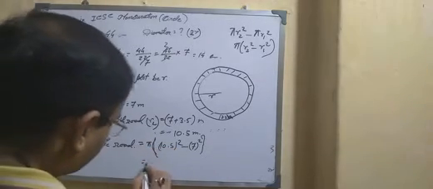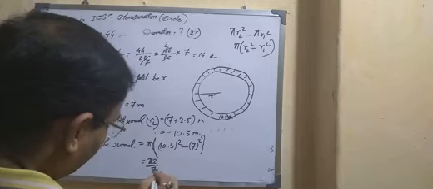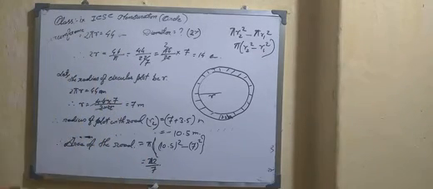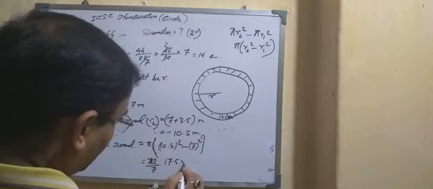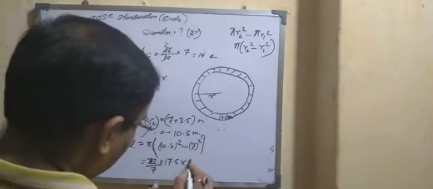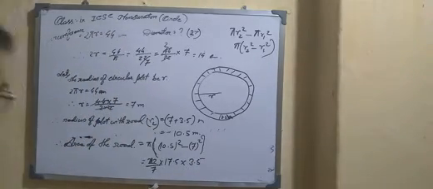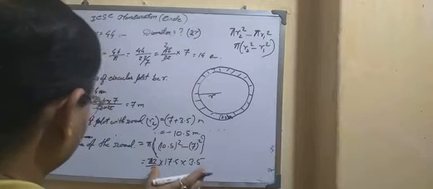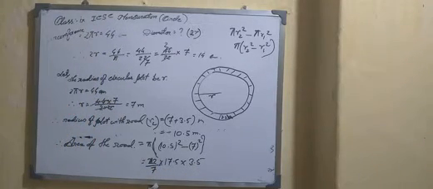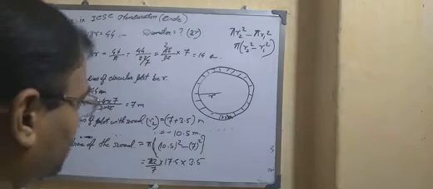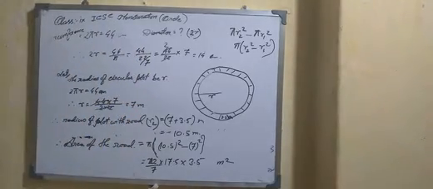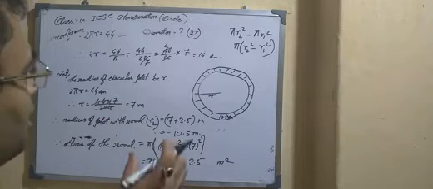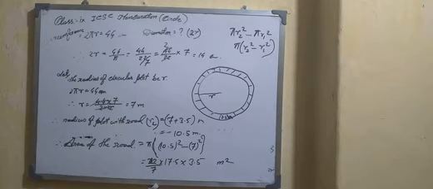That means 22 upon 7. We can use the formula a plus b into a minus b. If we use a plus b, that will be 17.5 into a minus b, that means 3.5. Okay, so this is the area of the road. Okay, as they do not ask us the area of the road, that's why we do not calculate here. Okay, then it will be very easy for us when we calculate the cost of the road. You have to erase something.